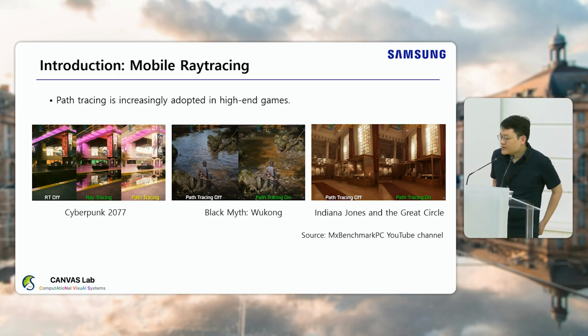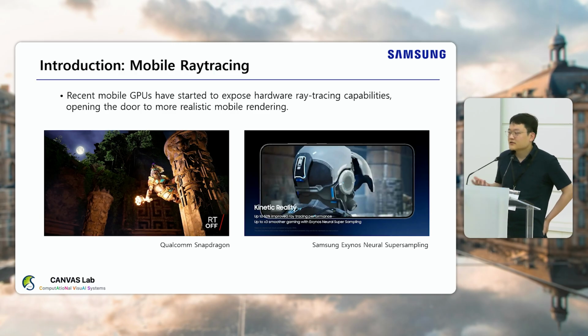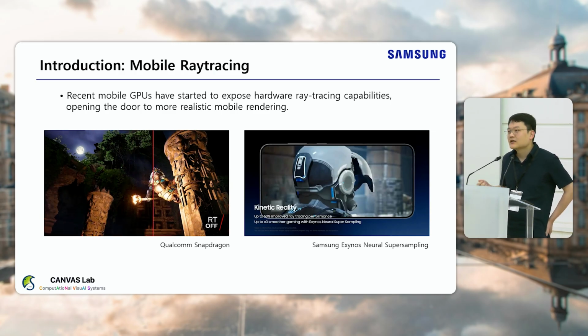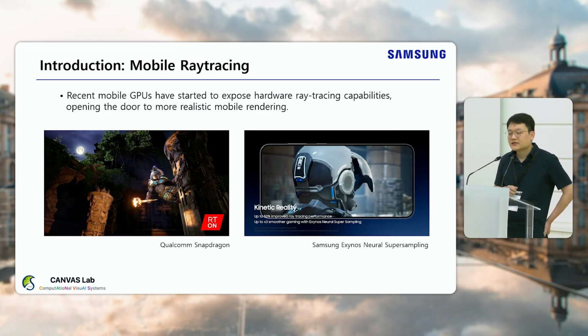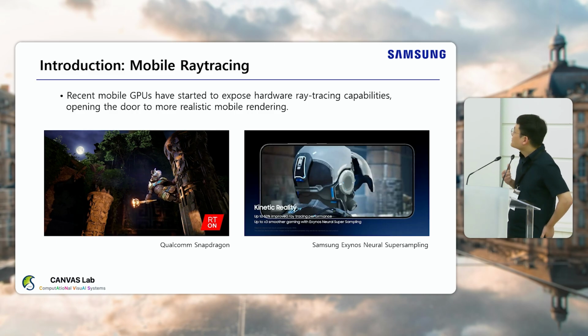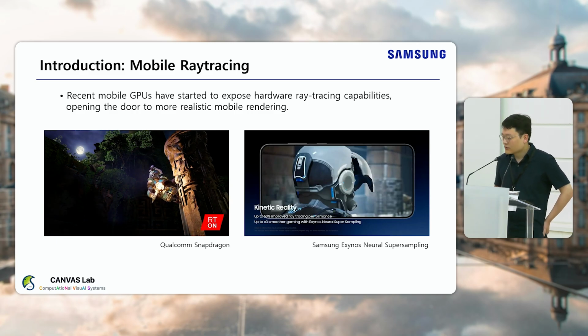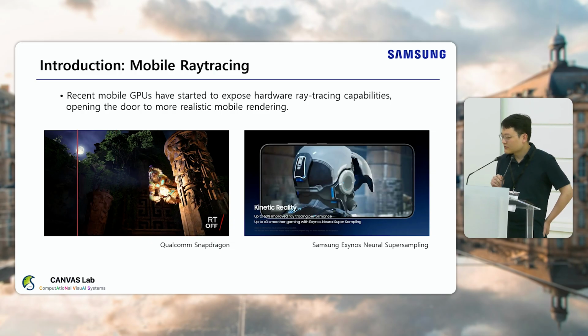So we see that path tracing is increasingly adopted in high-end games, and they show good examples. Following this trend, mobile devices started to expose hardware ray tracing capabilities. For example, Qualcomm Snapdragon released a demo for ray tracing around 3 years ago, and also